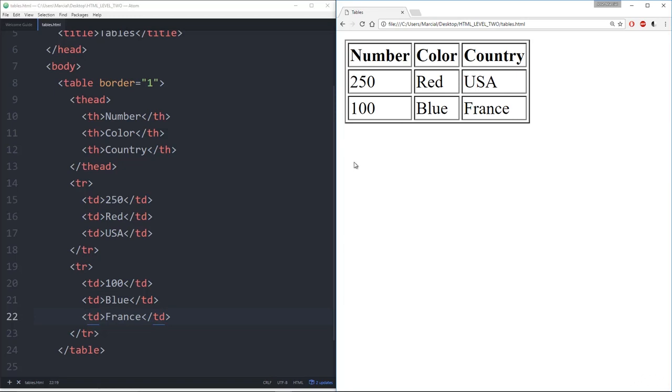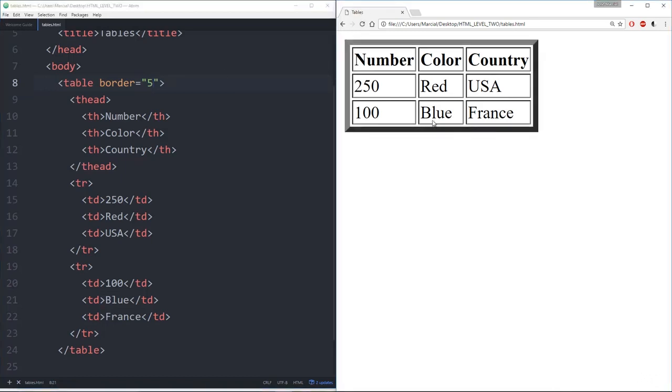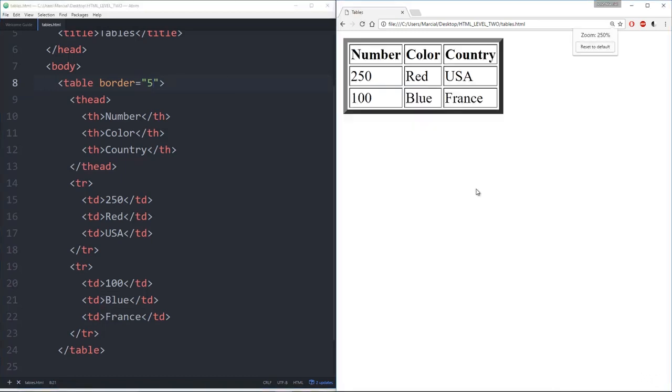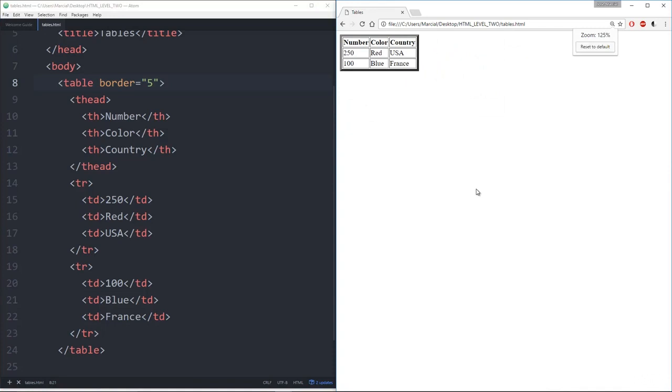It's pretty straightforward. Let's just quickly review the steps. Everything we've done goes inside these table tags. We have an opening one and a closing one. And then if you want to have a border here, you can just say border is equal to, and then in quotes here I've put in 1. If we put in larger numbers, such as 5, basically what's going to happen is you will get a thicker border. Now I'm zoomed in here, so the effect is a little more pronounced, but let's make it really large,